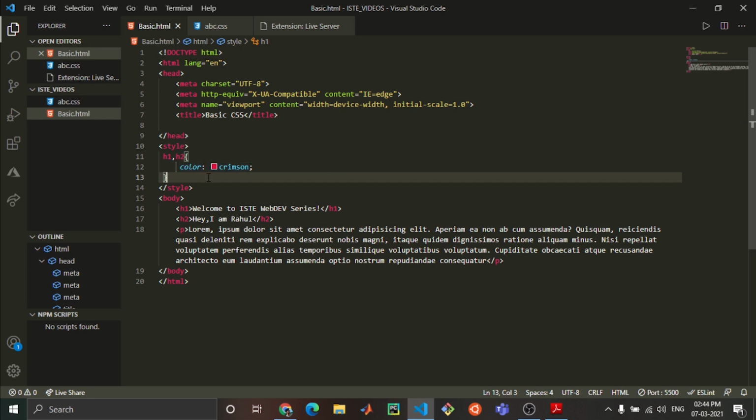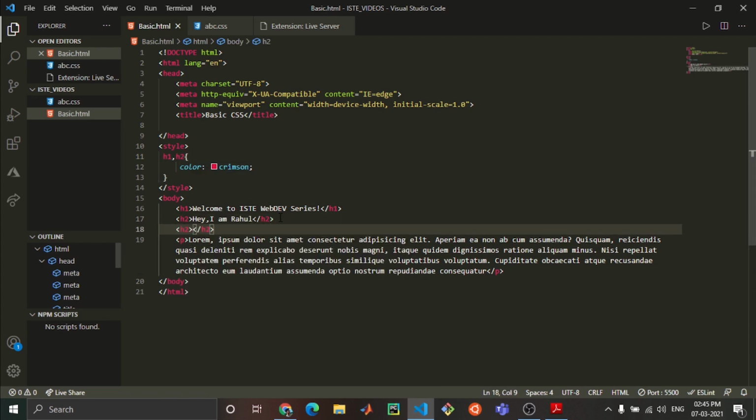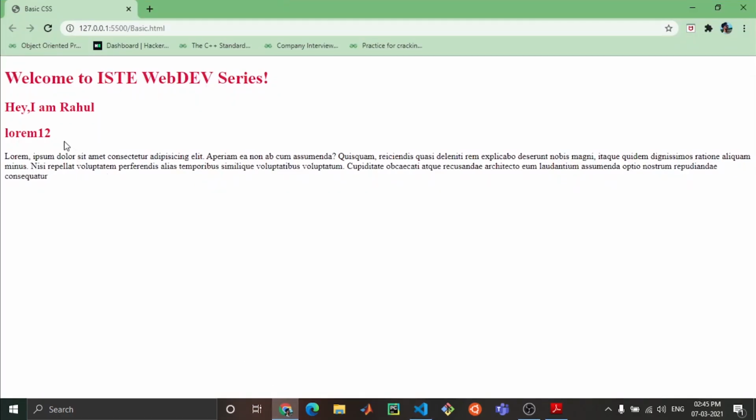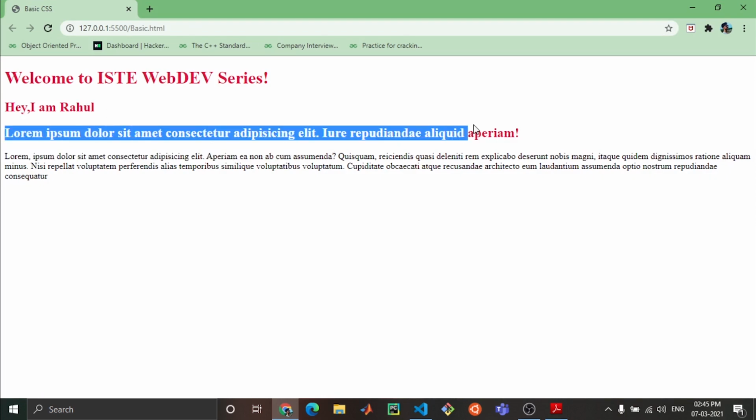Okay, now just make sure that you use these parts in such a manner that it doesn't get messed up. Just assume there is one more H2 tag and you write some random text, I'm just giving random words. Okay, you just go to your browser. Now refresh your page. You can see this is also H2 tag, this is also H2 tag. Both are getting changed, but I don't want this.